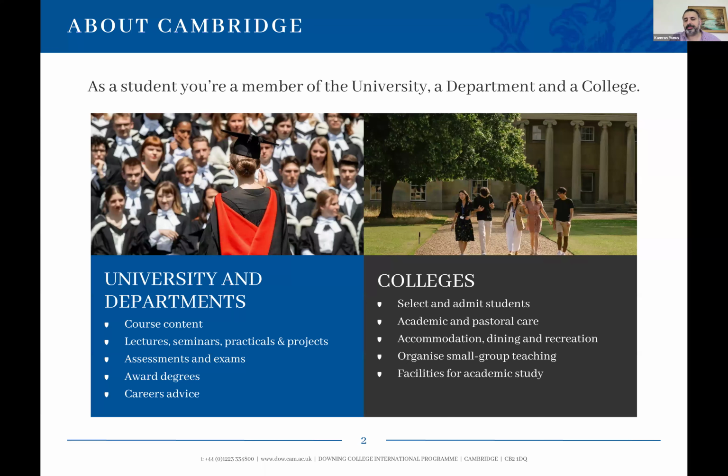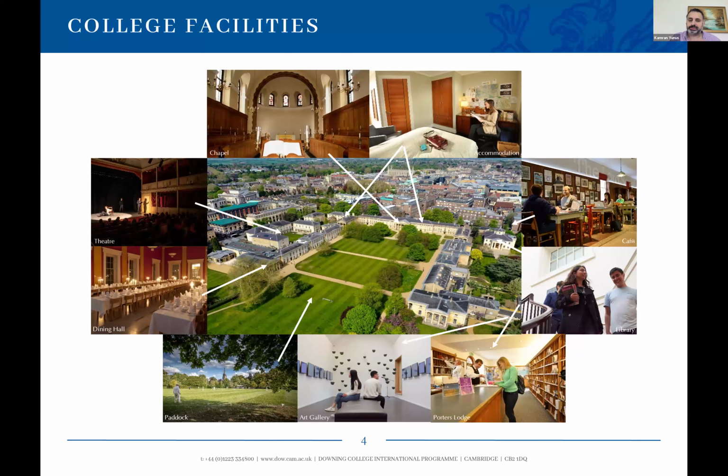So hopefully that gives you a little bit of information about what a college is. I thought it'd be useful to show you a picture of Downing College. This is an aerial shot of the college grounds. And the campus is actually a 20-acre site right in the center of Cambridge. And hopefully what this slide illustrates is all the type of facilities a college provides. So there's the dining hall and eating places and social spaces in the college. There's also accommodation in college, and students are guaranteed accommodation for 3 years of their undergraduate degree.